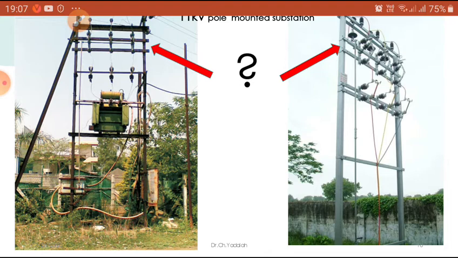First of all, what do you mean by an air brake switch? What is the definition? The switch whose contacts open in the air, and quenching of the arc is achieved by atmospheric air pressure. Such a type of switch is called an air brake switch. That means, before we have seen that an isolator can be operated under no load condition but at any voltage, whereas an AB switch is the reverse.